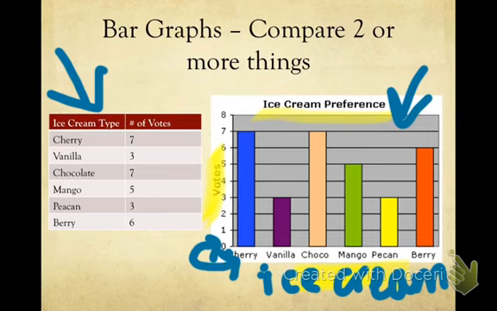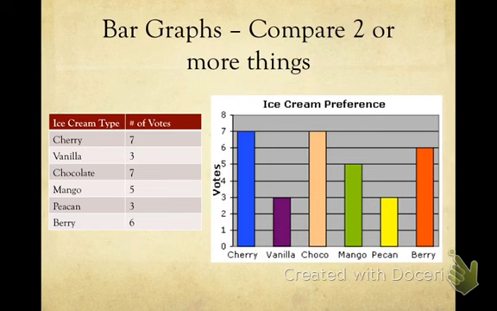What this graph does for us is it tells us right away, if we are looking at this, we can say, oh, the most people liked cherry and chocolate. Okay, we can see those two right there because they are the tallest. It is comparing all of the different types with berry in a close second place. Okay, so you are comparing two or more things here. Okay, moving on